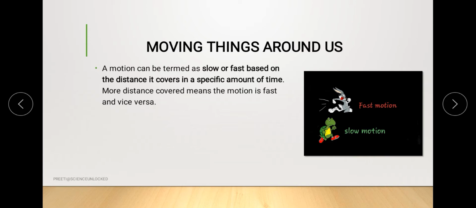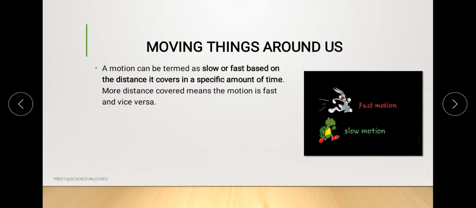So that is why the concept of moving is related with certain aspects, like which object is moving faster and which is moving slower. Whichever object is covering more distance in less time, or changing its position very speedily with time, that is the fast motion. On the other hand, the object which is not changing its position so rapidly is considered as the slow motion.